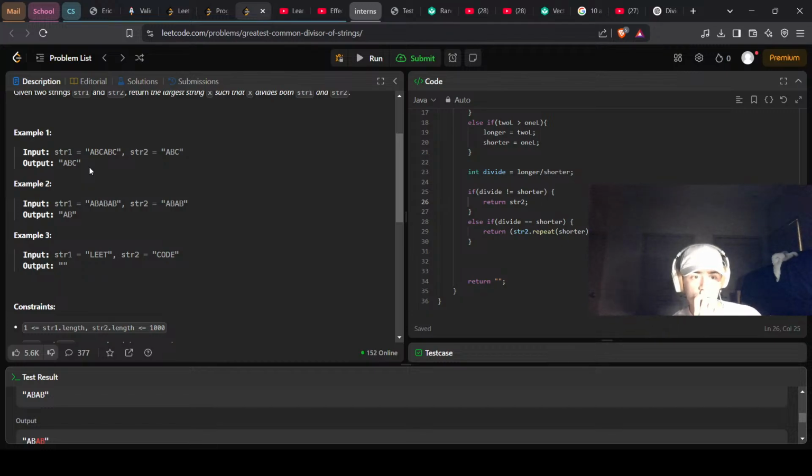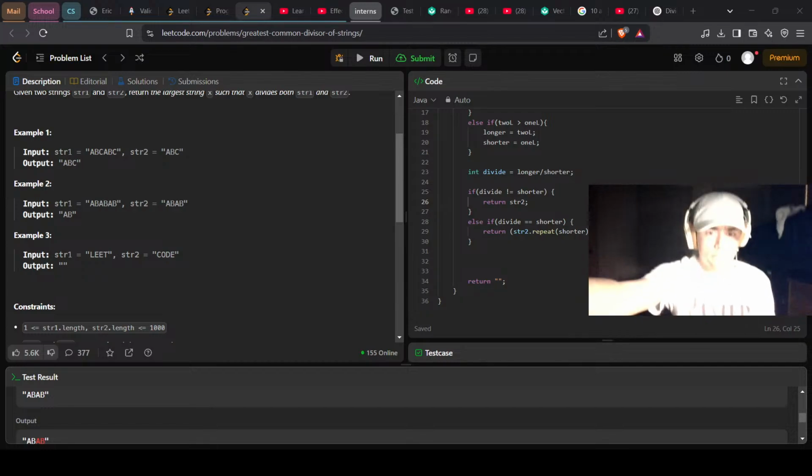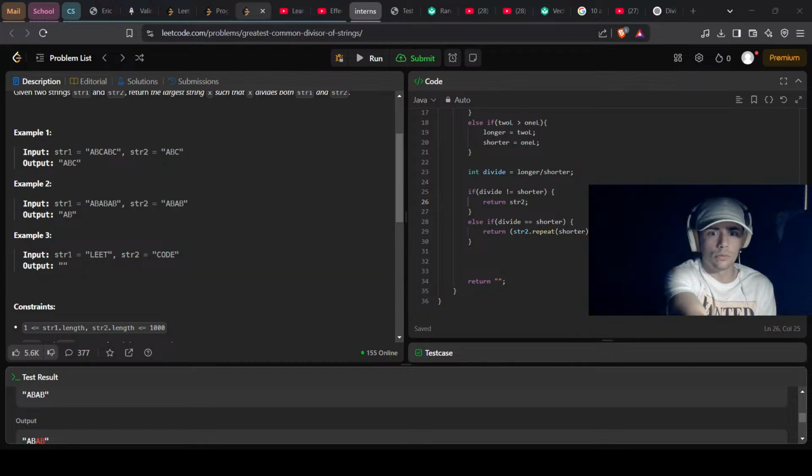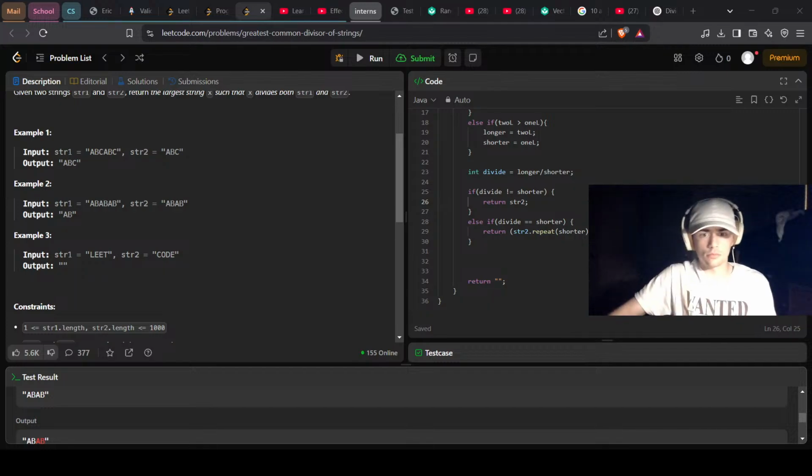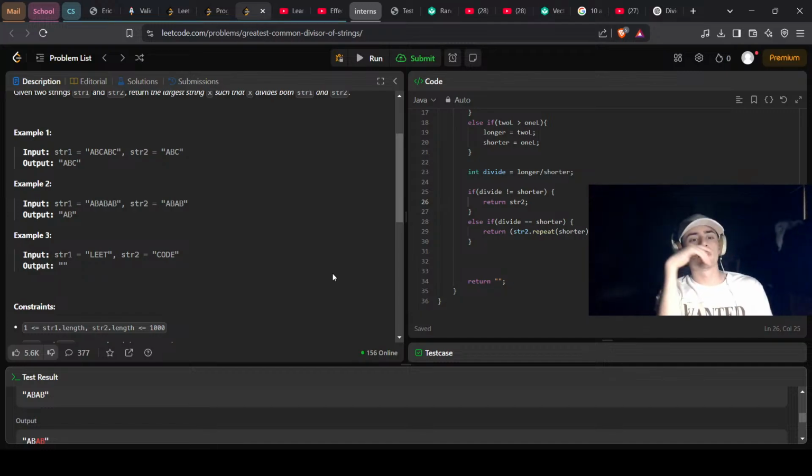If string 1 length, that might work. I can't remember. No. If we divide these two by one another, the longer and the shorter, we get